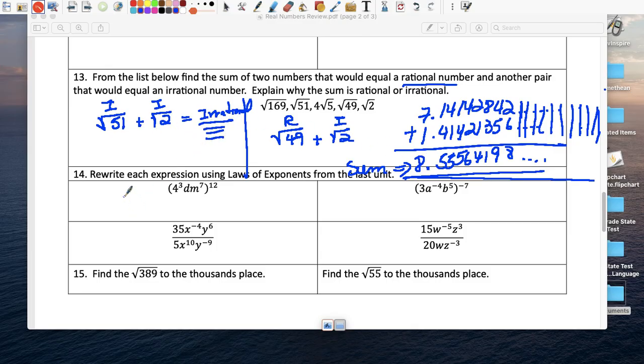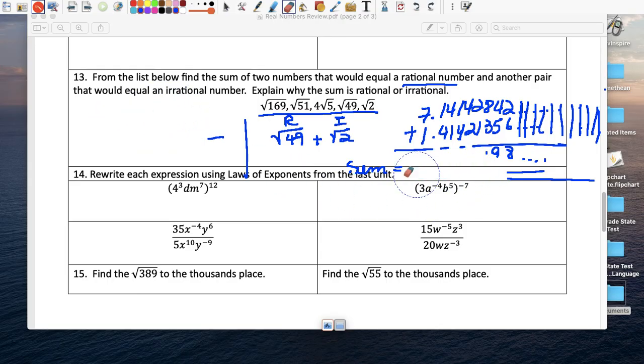Remember, from the one before the previous one, I showed you a special case where an irrational plus an irrational equals a rational, but not counting that, using these examples, the square root of 51 plus the square root of 2 is an irrational for that reason. Okay? So that's an irrational plus an irrational. Let me show you